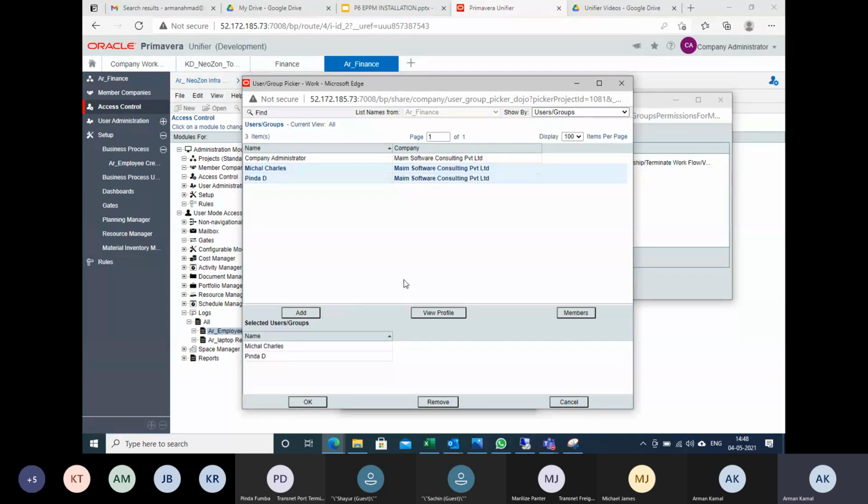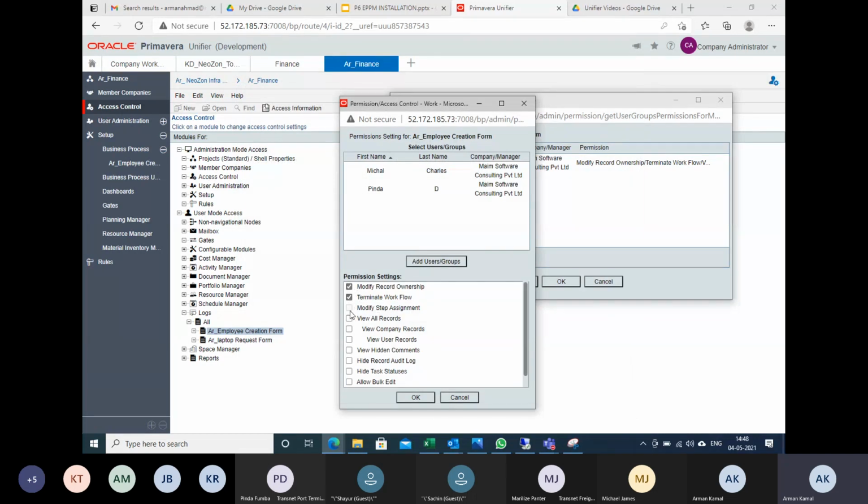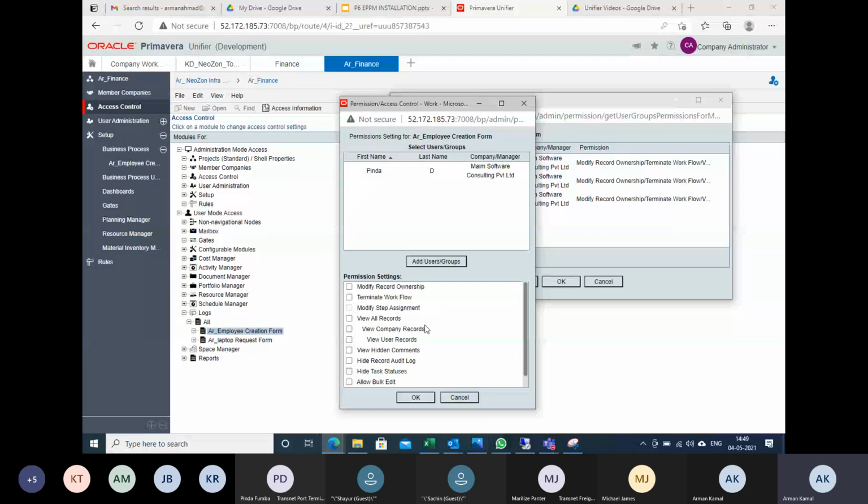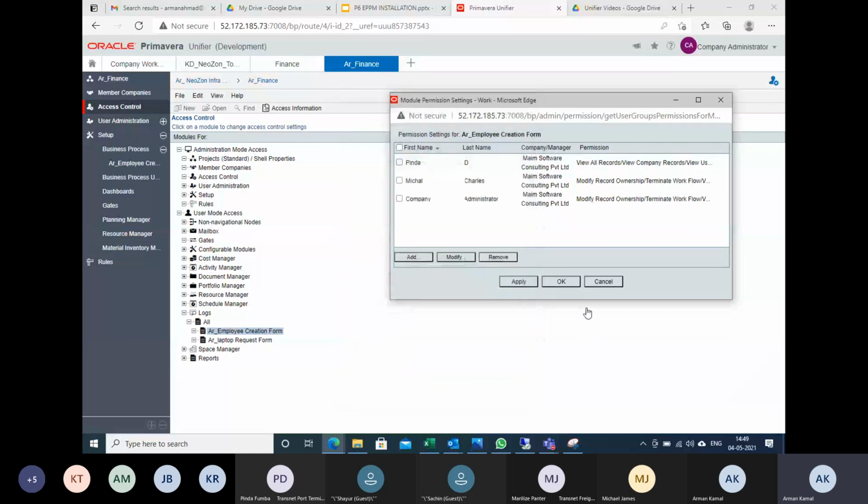I will select add. Automatically both will be given access. I will give all the requests, and you can uncheck if you want. I will click OK. So for the employee creation form log, for Pinda I can provide access only to view the log. I will not allow her to make a change or anything.